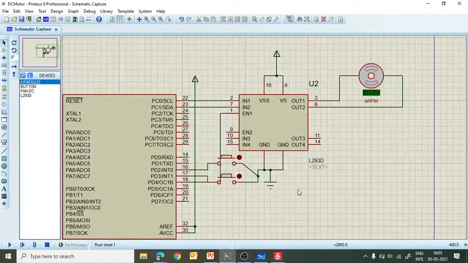Okay, so these are the two pins which will generate the external interrupts.